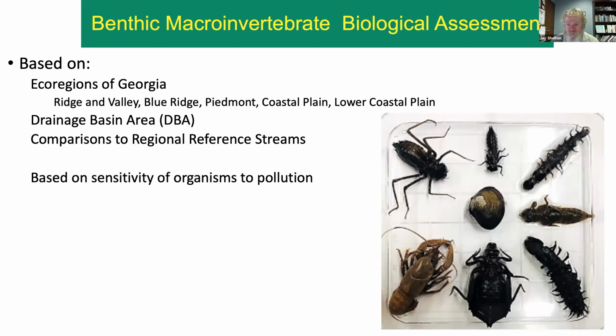The combined information that we can gather from the benthic macroinvertebrates and the fish really gives us a full picture. One of the reasons we try to do both is that fish tend to be longer lived and more mobile. They can move more and they live longer. And so they kind of represent a longer-scale view of what's going on in a given water body. And then benthic macroinvertebrates can move around. Some of them have adult forms that can fly, others can't. And so they give us a different time scale and a different geographic scale picture, and when we combine those two, we get a really good idea of how healthy or not healthy a given body of water is.